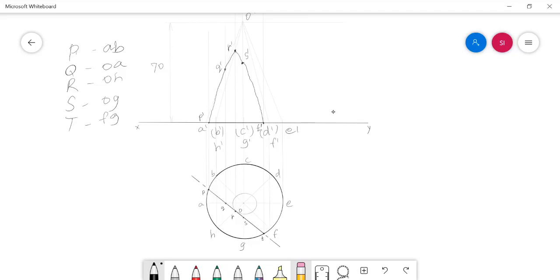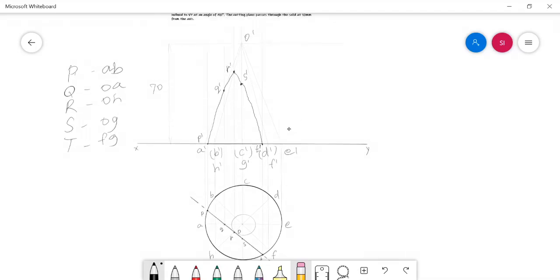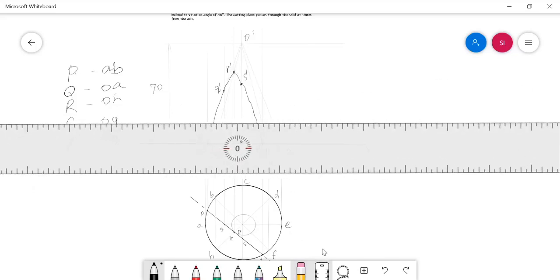And after that, you have to highlight the retained portion in the front view also. In this front view, the portion to be darkened with the HB pencil is the retained portion in the base as well as the extreme generators of the cone. You need not darken the interior generators. Okay.